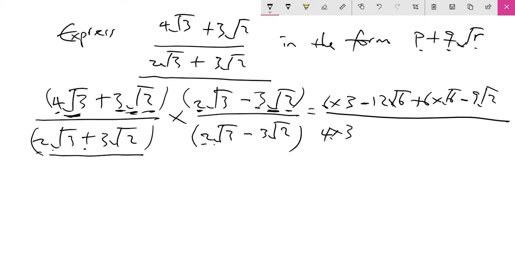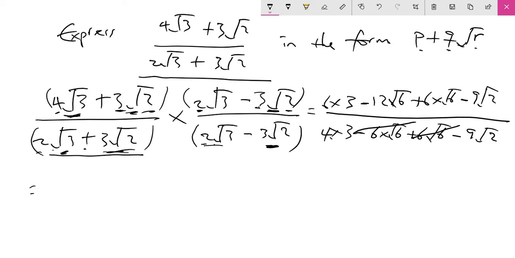times 3. Now this times that, just minus 2 times 3, 3 times 3 root 2. So 2 times 3 gives 6 times root 3 times root 2 gives root 6. Now 3 root 2 times this. So we have plus 3 times 2 is 6 root 6. And this times that gives minus 9 root 2. Okay, so now that we've done this we can see that 6 root 2 cancels 6 root 2,